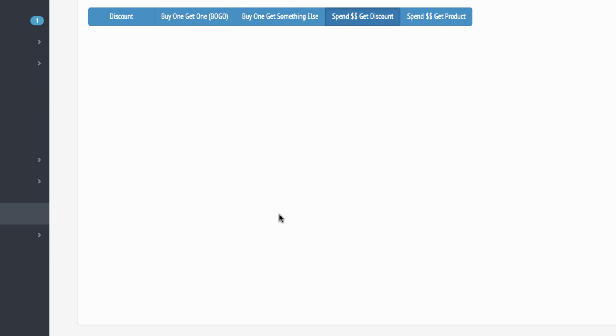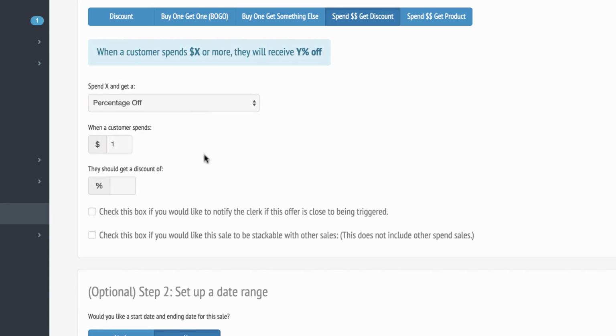Okay, and then we have spend a certain amount, get a discount. So this is spend $100, get 10% off. This one's pretty simple. It can be spend $100, get $5 off. That's literally how simple it is. One of the things to note is if you have a BOGO sale and a discount sale, you can stack them. Okay, so you can't stack a spend sale and a spend sale,